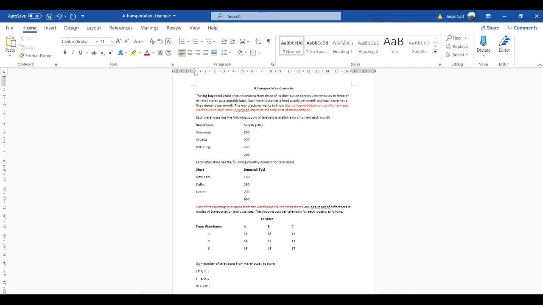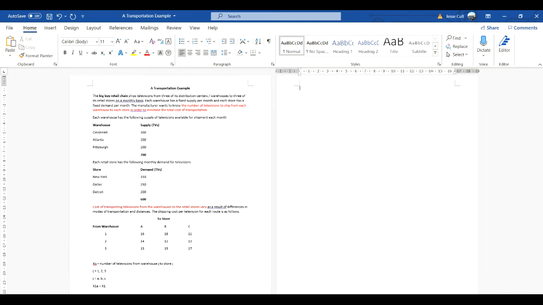So we have a basic idea. For example, X3B would be from warehouse 3 to store B. X1A is warehouse 1 to store A. So what we're trying to do, and we saw earlier, we're trying to minimize Z, which is shipping costs, equal to